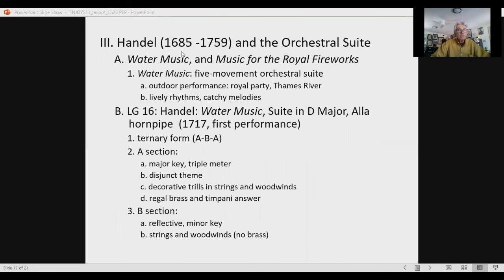So here, Handel, 1685 to 1759, born the same year as Bach. Remember, Bach died in 1750, which we say is the end of the Baroque. And he has 2 really famous suites, one called Water Music, and the other called Music for the Royal Fireworks. It says the Water Music is 5 movements, but actually there are 3 suites, and I'm not sure exactly how that fell into place, but